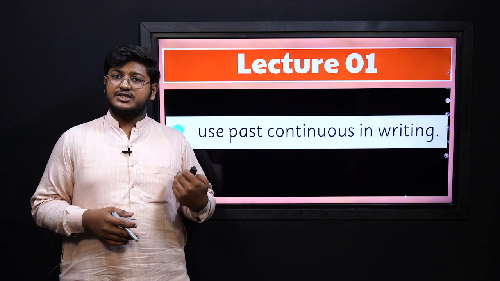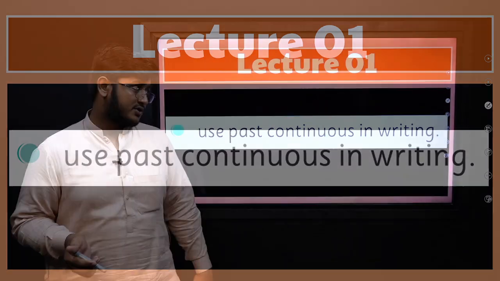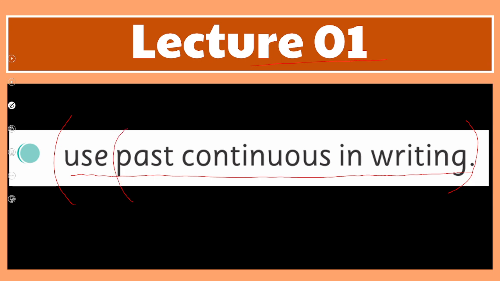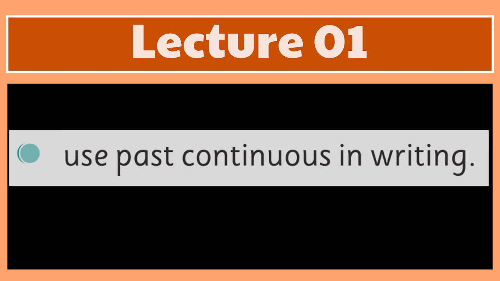So let's go further. Now we have to go through the lecture divisions and the SLOs of this chapter. In lecture 1 we will learn the first SLO, which is concerned with the competency of grammar, and the SLO states: use past continuous tense in writing. In this SLO we will learn what is meant by the past continuous. It's actually a tense. So in this tense, what is the structure of the sentence, how we make the negative or interrogative of past continuous. This is how we will address this SLO.